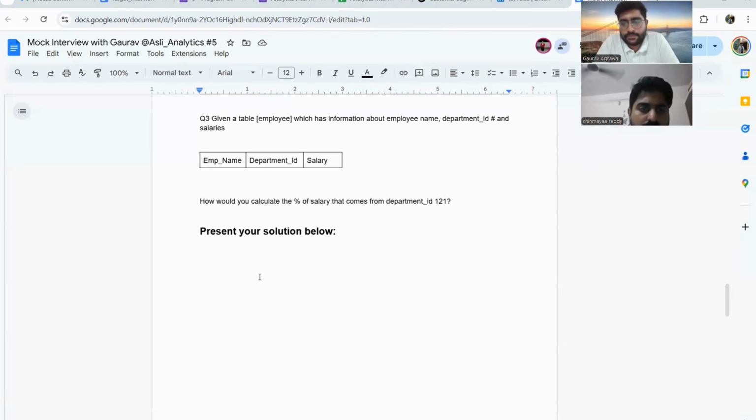So the table is employee name, department ID, and salary. For a particular department ID 1 to 1, I need to know what percentage of salary comes from that department as a whole, in terms of the whole. Let me think for a minute.